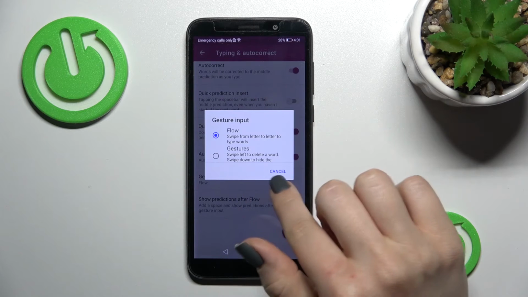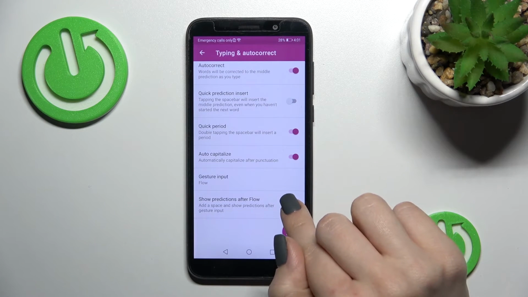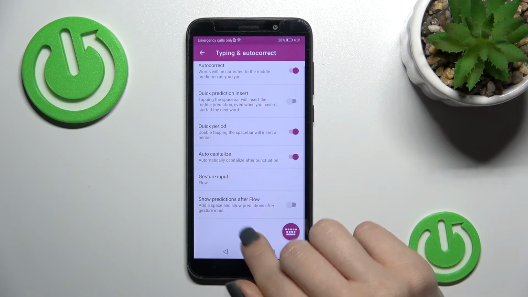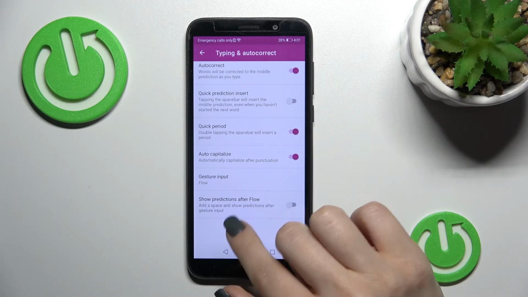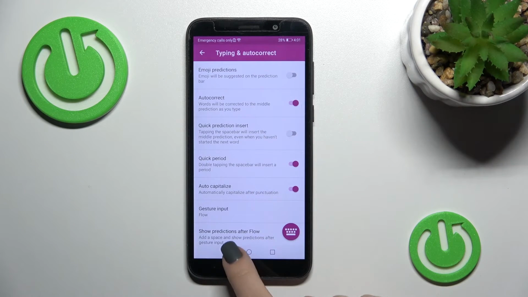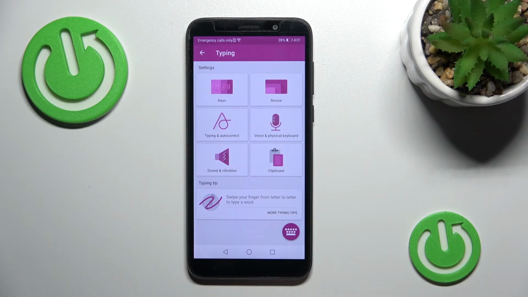We can change it from the flow to the gestures, and to show the predictions after the flow. And here, as you can see, we've got all of these options, and we can just change them here